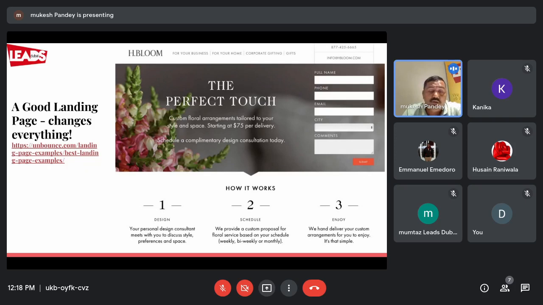So imagine you lose a lot of money on clicks, and they're not even converting. You're not even getting the leads or the results which you want, which is very frustrating. So you need to be very careful to have a very good landing page. Here we have a link of the best examples of landing pages which you can develop, which we can develop